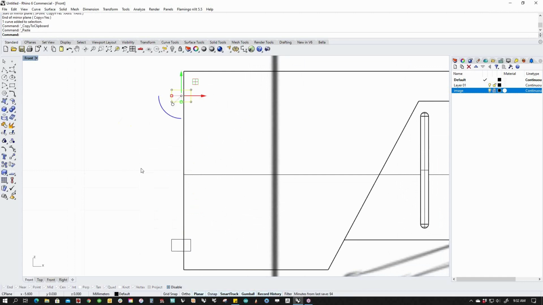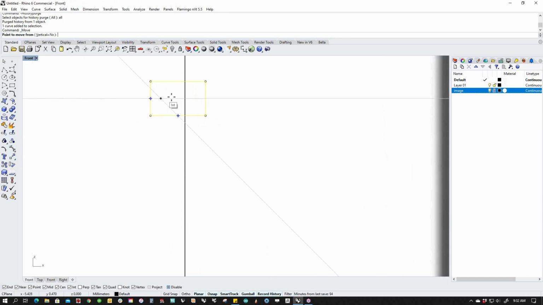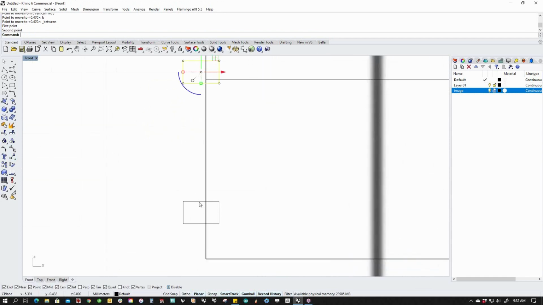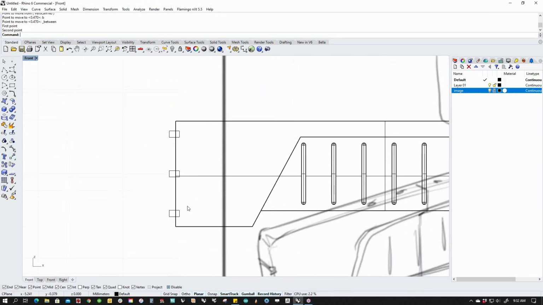Copy, paste, and then my history is going to bite me. Let's move it from the center, and I'm going to use the between switch, and it drops it right in the center of those. And then I'm going to